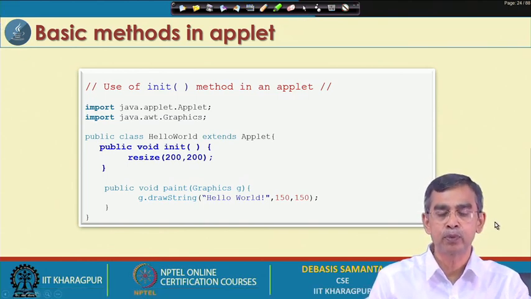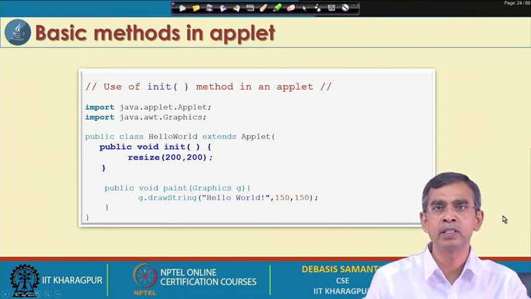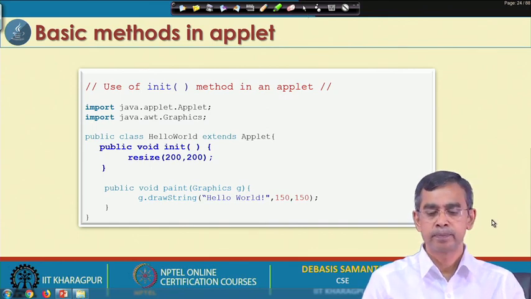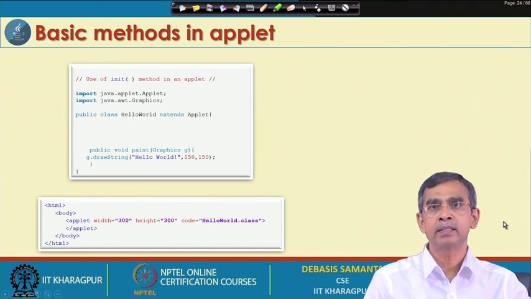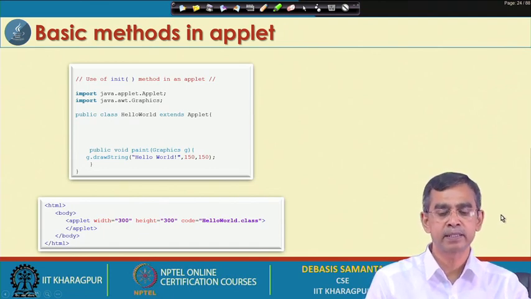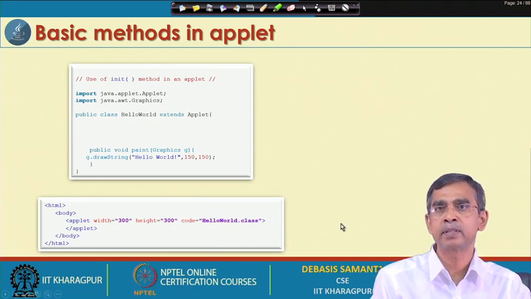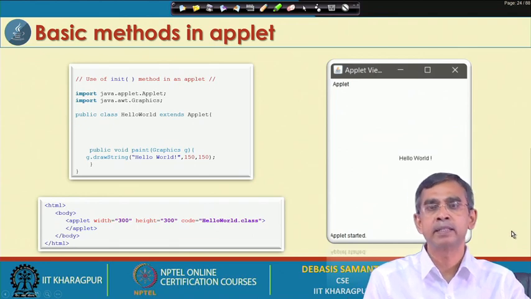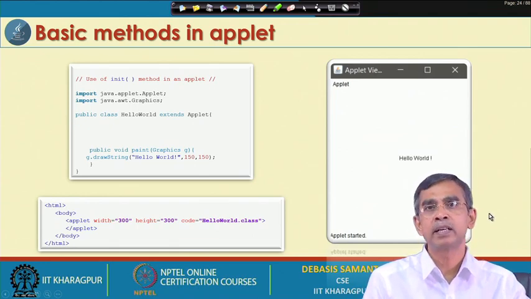Now, let us see the output, if you use resize through the init method, and if you do not use it, how it will work for you. Here is the view without any resize. So, this is the program, this is the applet, the 300 by 300 is the default size that we have mentioned, and then the output will look like this. So, 300 by 300 is the applet without any resize.